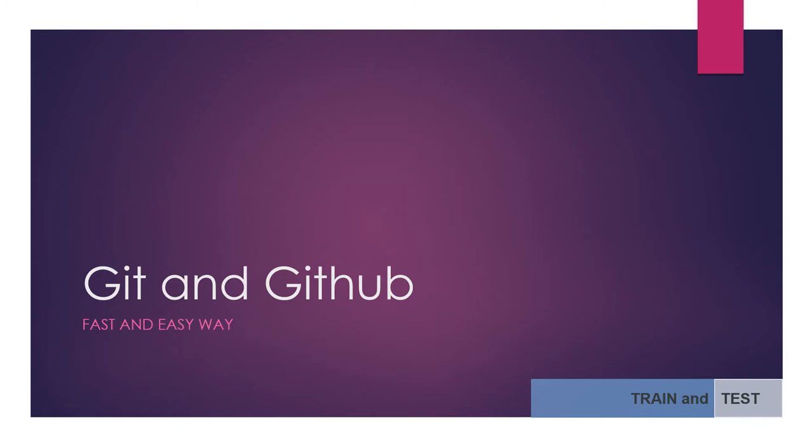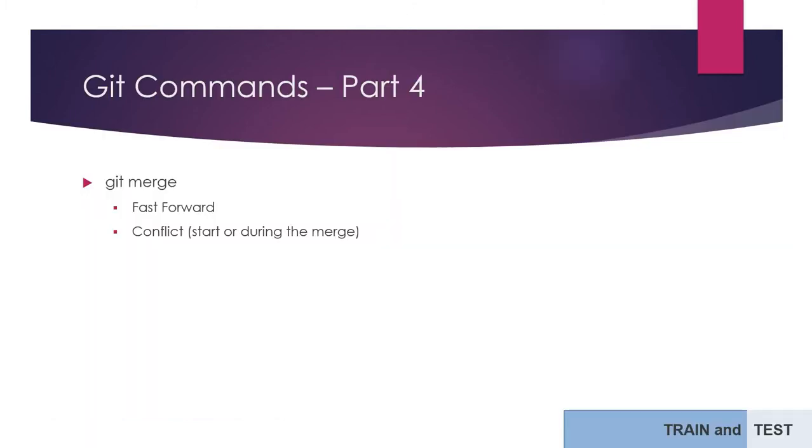Broadly, there are two types of merge. First would be the fast forward merge, and the second would be the conflict merge. The first one is fairly simple to understand. It is like working on a new feature in a different branch and adding it to the master branch in a fast forward manner. In the second scenario, we would get some conflicts and we have to solve those conflicts